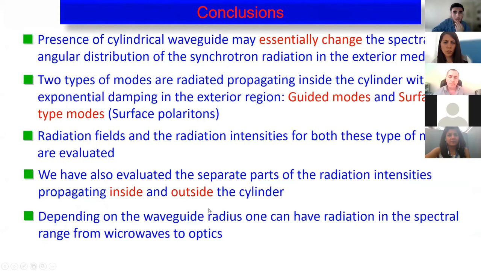So I have finished my talk, and as I have shown, the presence of a cylindrical waveguide may essentially influence the characteristics of various types of radiation. It includes the synchrotron radiation outside the medium, Cherenkov radiation in the exterior medium, and also we can have the radiation of guiding modes if the electric permittivity of the cylinder is positive,